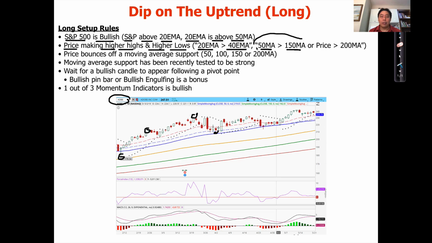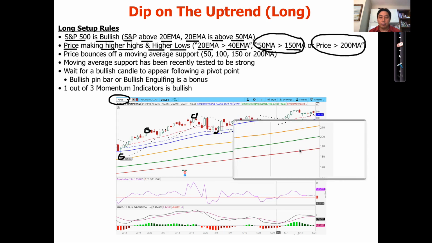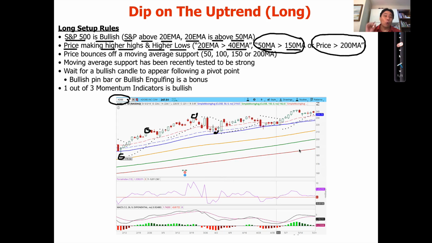Now, if this condition is not true, we can also take it if the price is above the 200 moving average and the 200 MA is sloping upwards. So in other words, if the price is above this red line, with the red line sloping up, that is also a valid setup. So either or condition must be met between these two, but